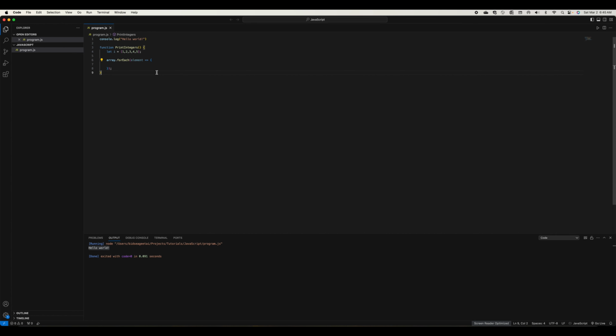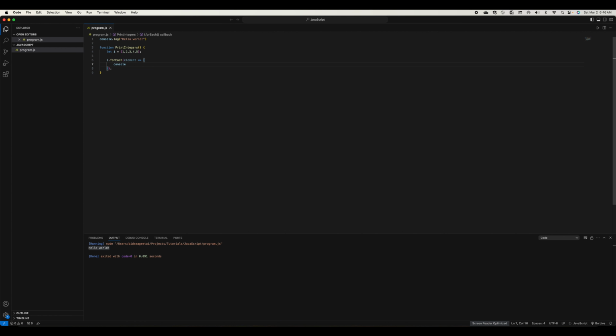Now, if you see, the IntelliSense in Visual Studio Code has given a snippet to print numbers in an array. All we need to do is replace this array, because this is not the variable that we have declared, with I, because I is the variable of type array that we have declared. So I'm going to change this to I, and then write